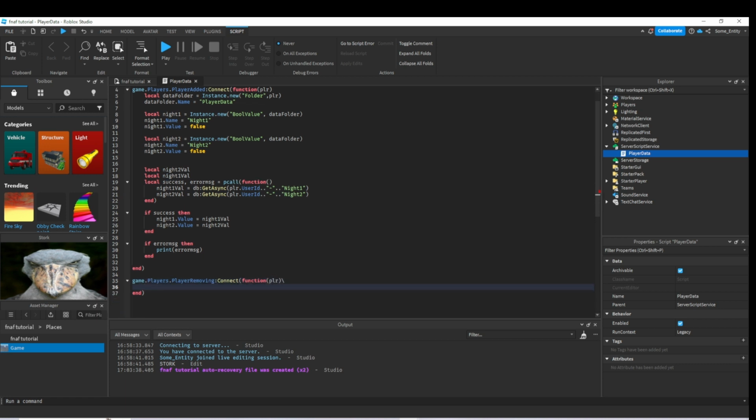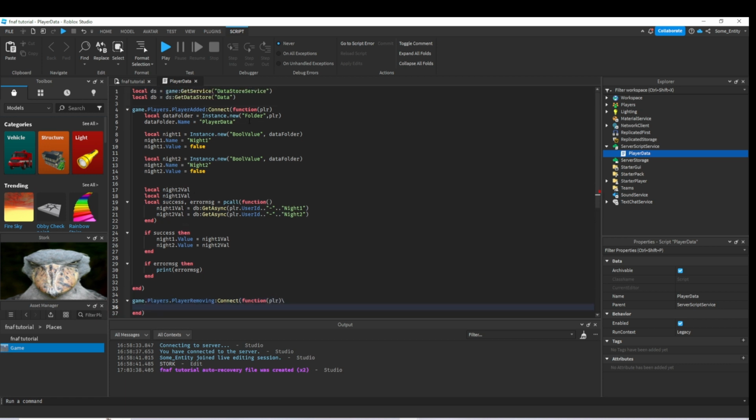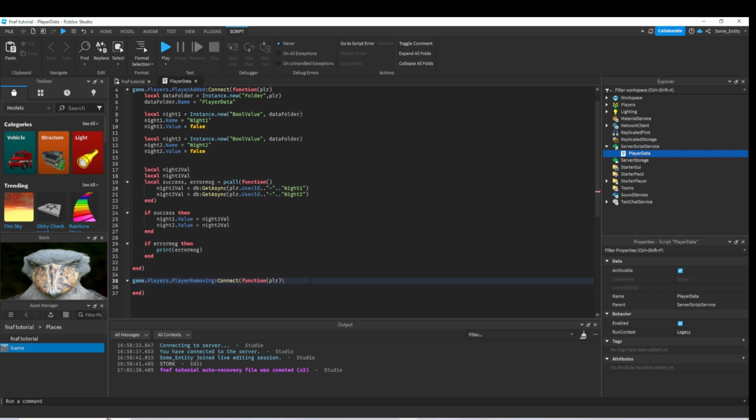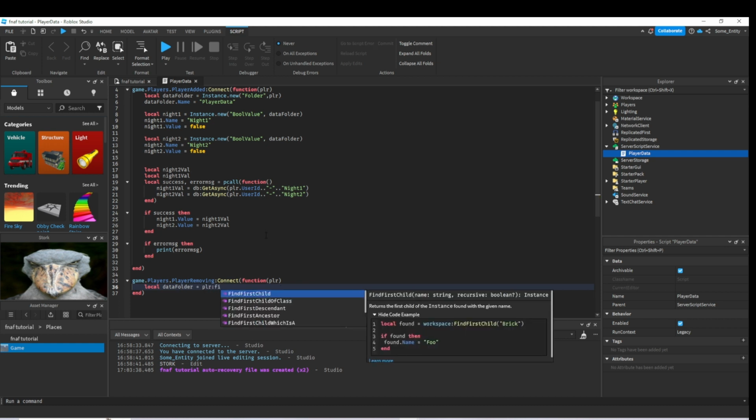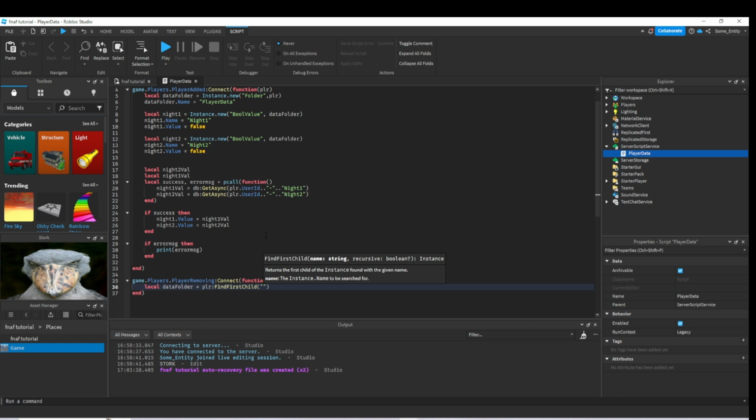Now we're gonna want to get the data folder, so we're gonna put local dataFolder = player:FindFirstChild("PlayerData"). So now that we have the player data folder, you have to make sure that these two are the exact same, so there's no bugs or anything. Okay, so now that we have the data folder, we're gonna want to put